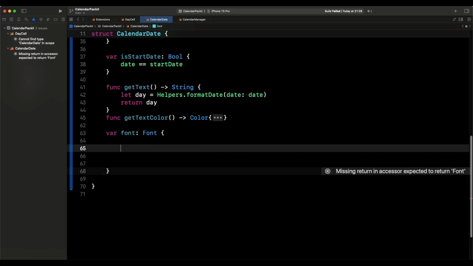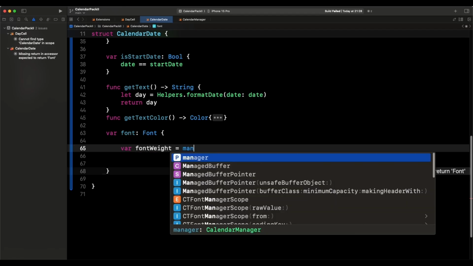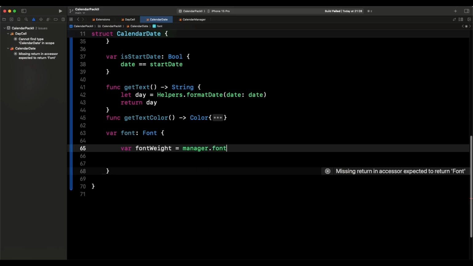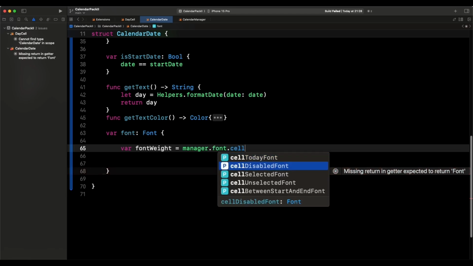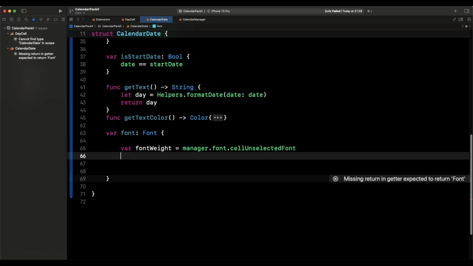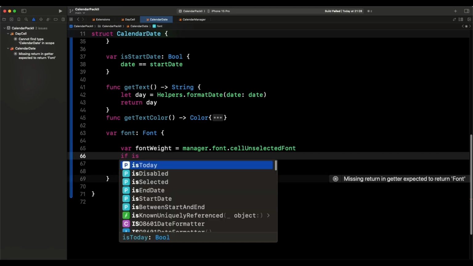So var font is going to be that. So we say var font weight is going to be gotten from the manager dot font dot cell unselected font. So we check if is disabled,